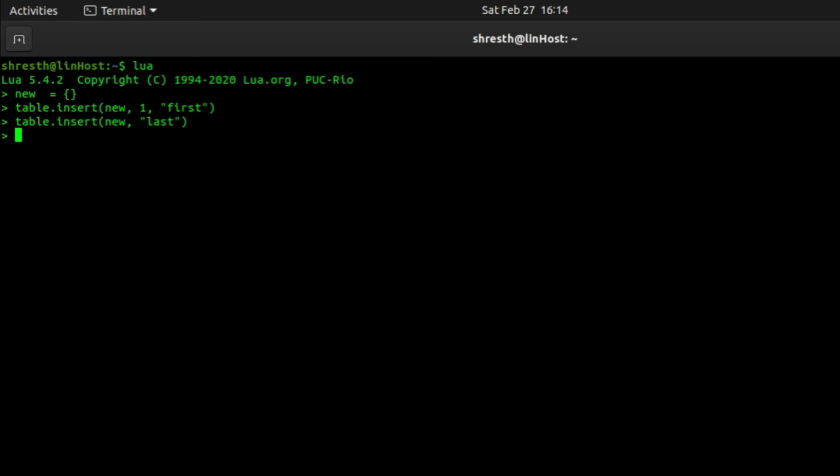Now if I want to remove some element, I will say table.remove, give the table name, and then the position, which is 2. What this will do is remove the second element from this table new and return the value of that removed element. So here we get "last", which means our second element from this table is removed.